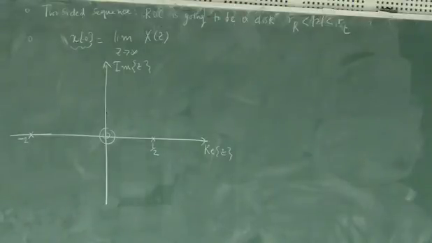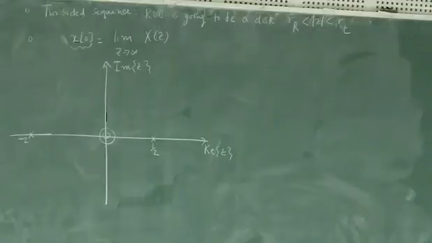Let's try to analyze a system that's given to you like that. Okay. So what can you tell from that system that I have put on the board? Using the notation that we have followed so far. Right? 2 zeros at 0